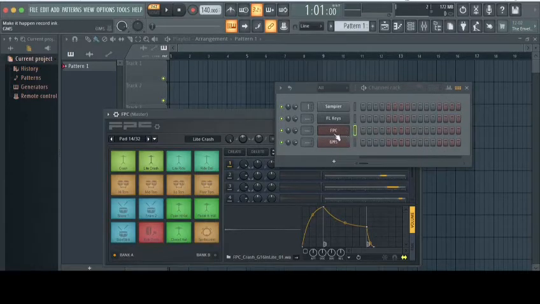So now without much talking, let me just do some little instrumental creation like playing a little bit of piano, then show you how you can send this into the mixer rack from the channel rack as well. So let's do it. Okay,